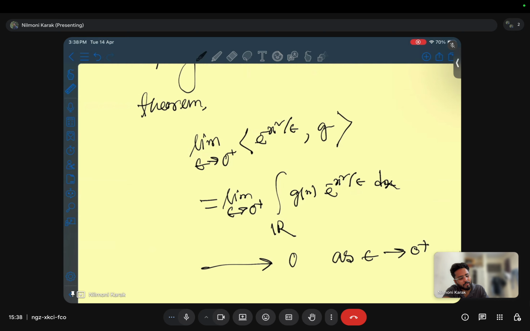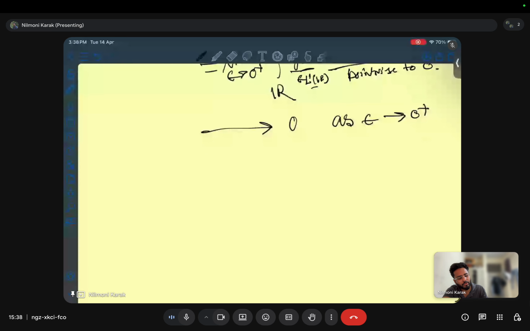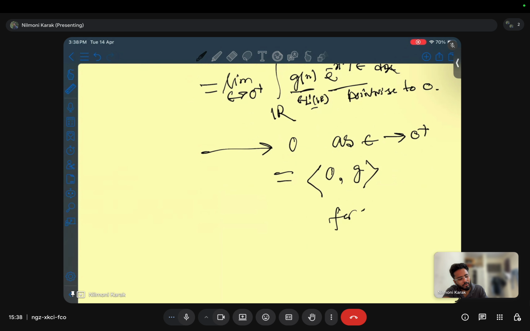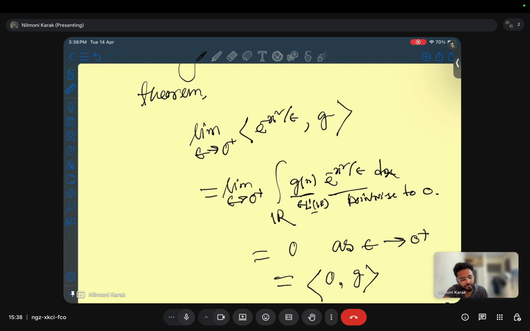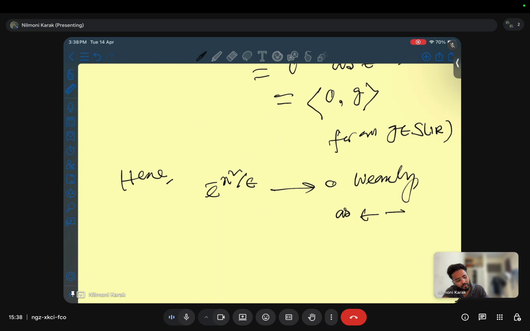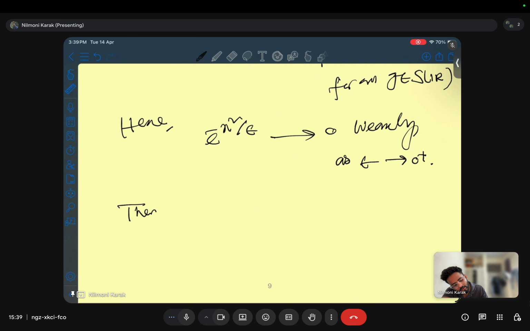Since this is pointwise going to 0, and g is in L1(R), that means integrable, so it goes to 0, and this is the inner product of 0 with g for all g belonging to S(R). Hence this e to the power minus x square by epsilon goes to 0 quickly as epsilon goes to 0 plus, and then by the above theorem, to 0,